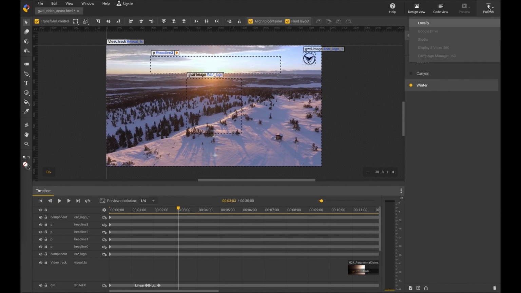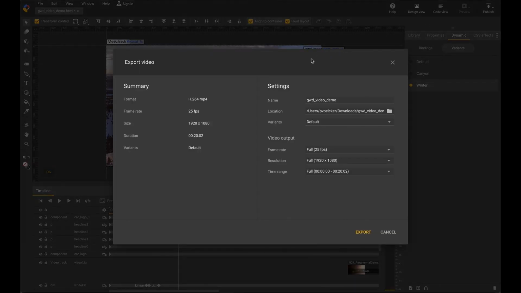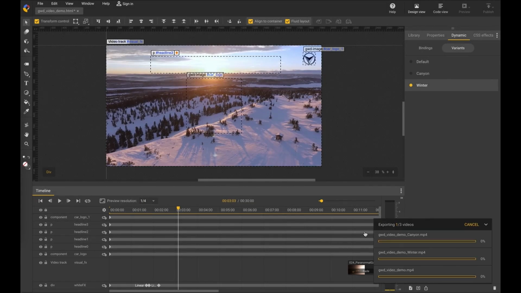And what we need to do now is publish it on the bottom right. You can see it's just locally. Maybe in future versions, you can directly publish it to our online tools, to the GMP servers. And we select the video version that should be rendered. In this case, we select all, and full HD, full frames per second. Nice. Okay. And I say render, and at the bottom you can see now that the 3 videos are rendered.